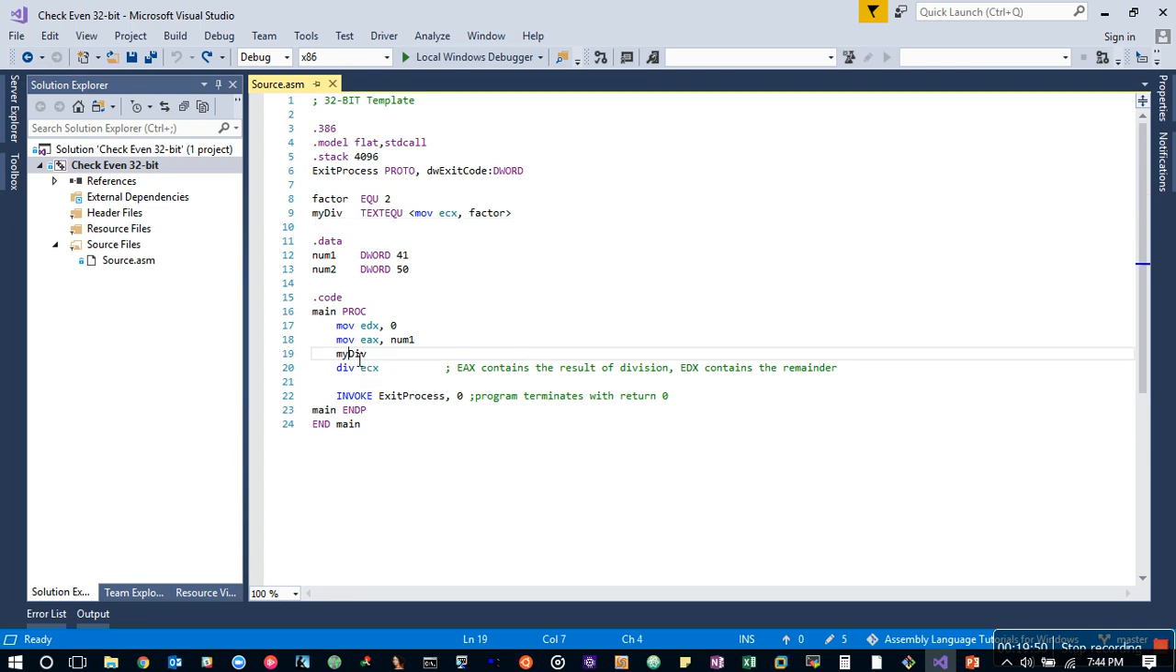So you call mydiv, which is nothing but mov ECX, factor, which is EQU 2. So mov ECX, 2. Now ECX has the value 2. Our program is to check whether it is even or odd. So how do we check that? We divide it by 2, right? So we have here the Intel instruction, the mnemonic div ECX. What it does is,